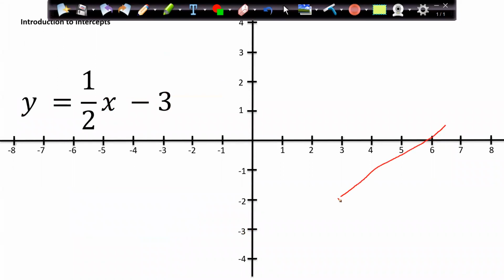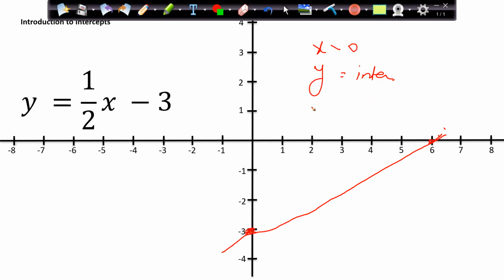where this line is cutting basically is what I tried my level best. So let me try it again. So here we go. Here, like this, right? It should be a straight line, but this is the point where it is cutting. So when my x is equal to 0, what is y? Is y-intercept. When my y equal to 0, what is x? Is my x-intercept.